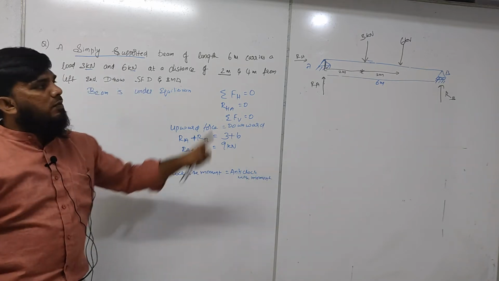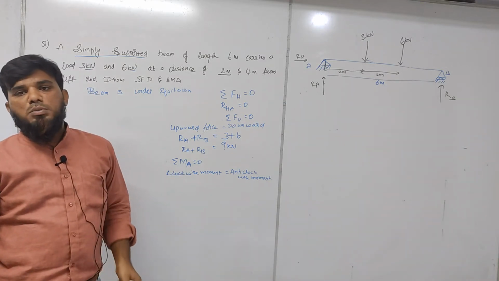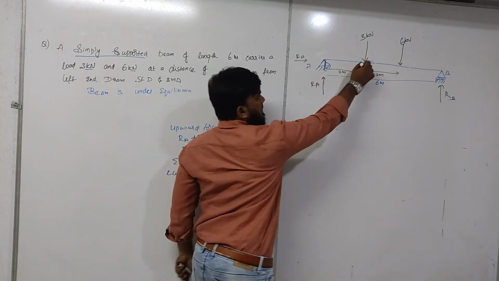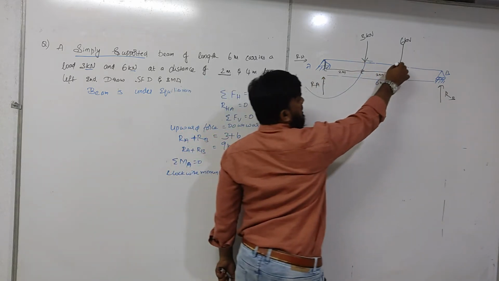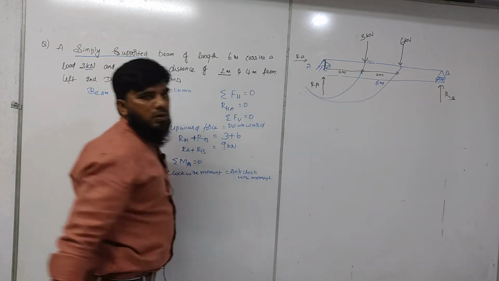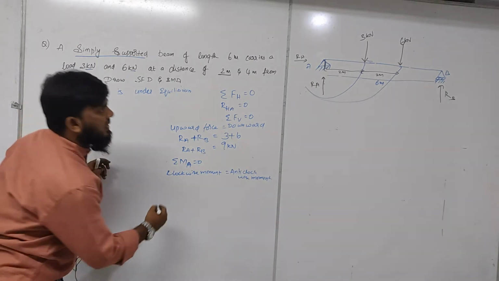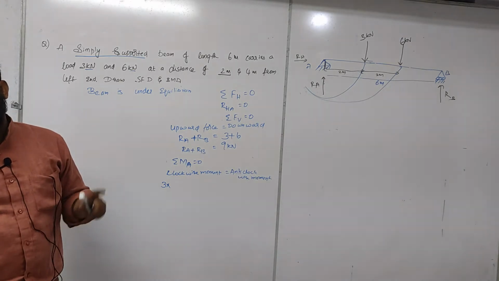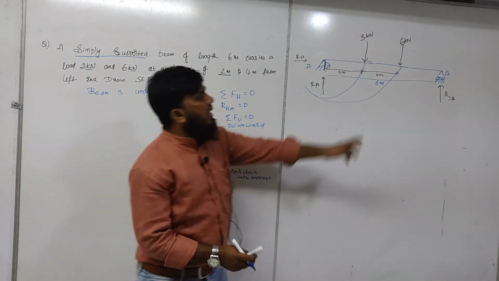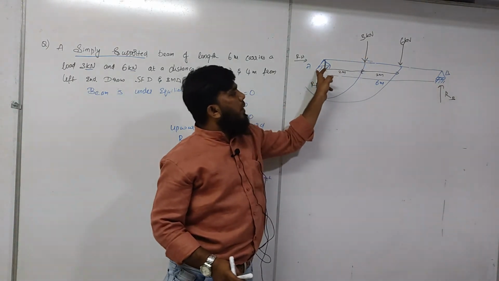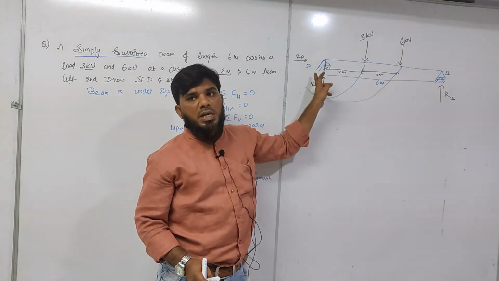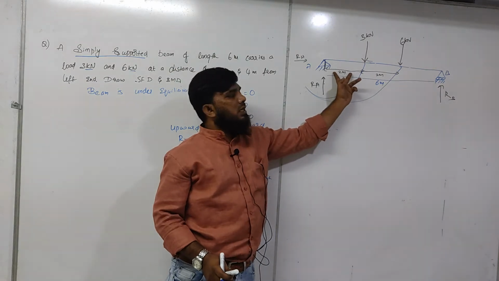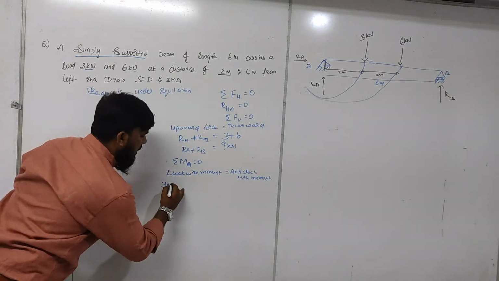So what are the clockwise moments? First we will see what clockwise moments we are having. 3 will try to rotate the point in this direction. So this 6 also will try to rotate in this direction. So these two are clockwise. What is moment? Load into distance. What is the load we have taken? 3. From 3 to point A. About which point are we taking moment? We have to take the distance itself. So from 3 to point A, what is the distance? 2. So I will take 2.